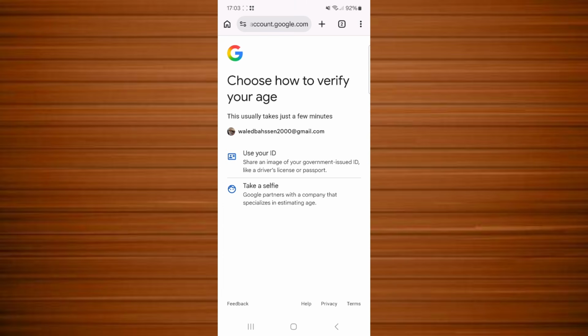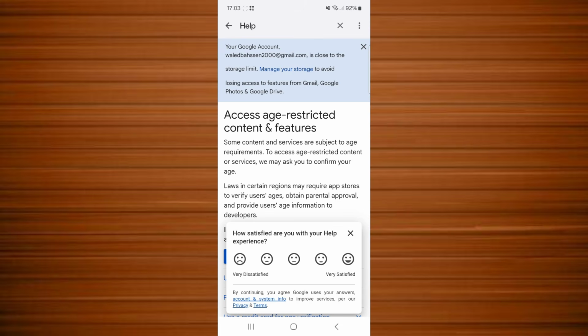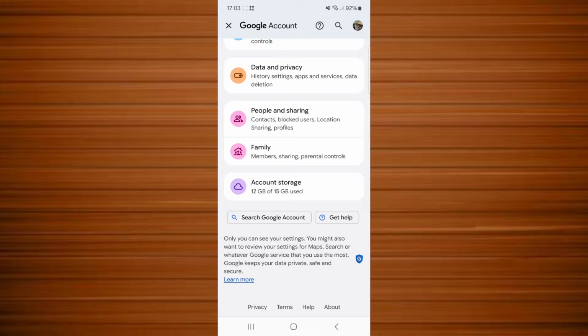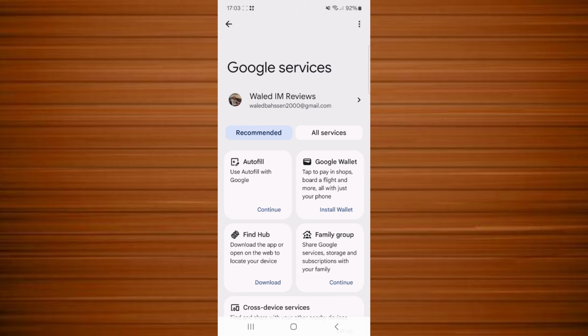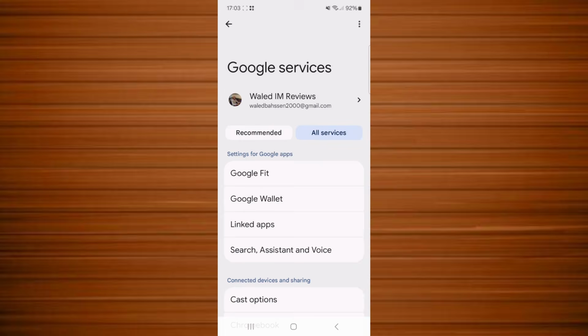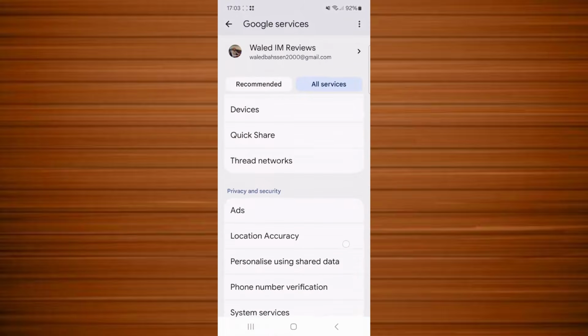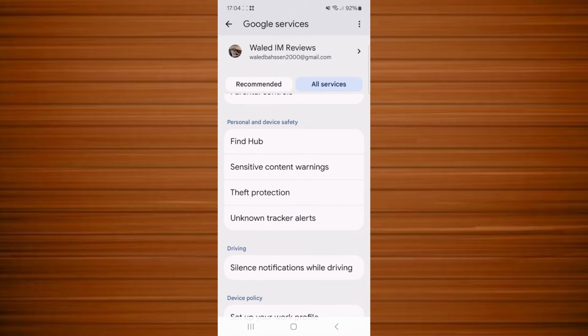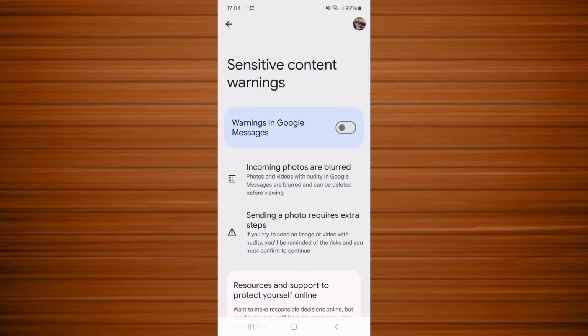And then after you do that, just go back to the main settings, back, and then here, all services, and then scroll down, and then here, sensitive content warnings. Tap on it.